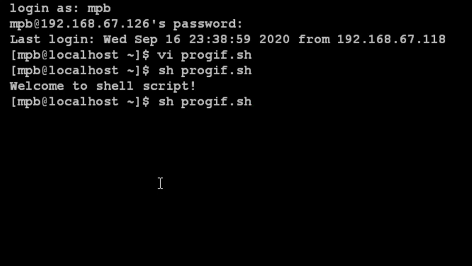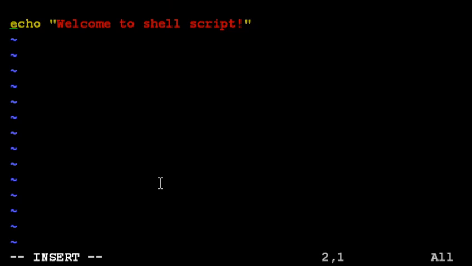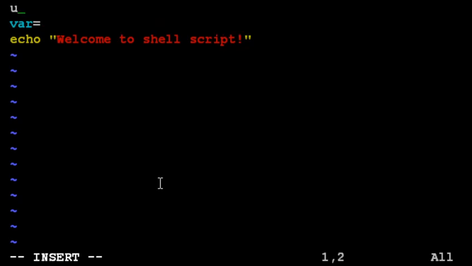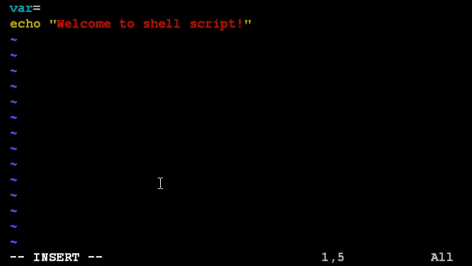Second thing is how to store the value of variable and how to display it. So again go into vi editor, again open it, again press i to go in insert mode, and then here you have to store the value inside the variable. Suppose my variable is var=, now see the color is changed, so variable is blue color, = is the assignment operator, and suppose here I am storing some value, for example 56, and what I want to do is display the value of var.